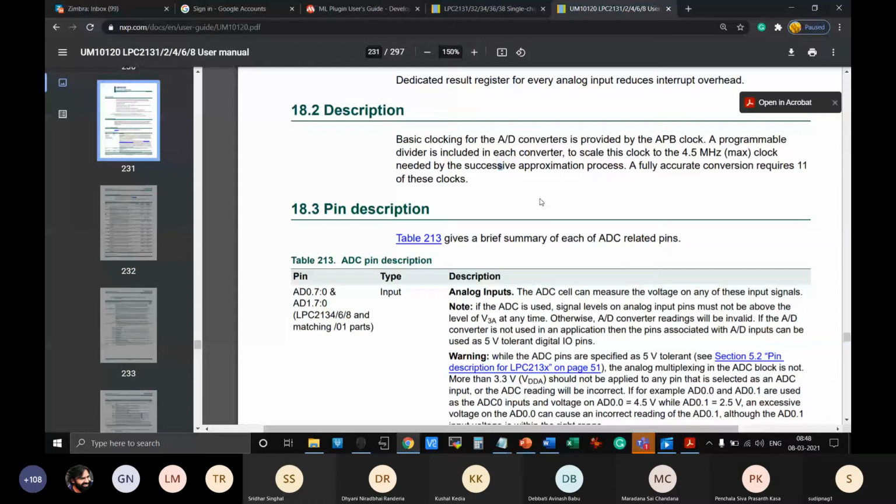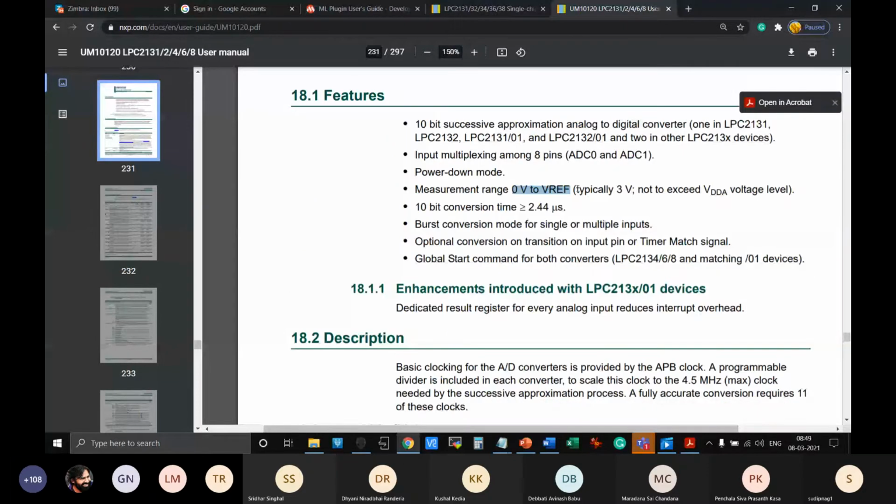So this ADC, we are looking at the ADC of LPC2138, and we discussed that there are two ADCs with certain features, and we have to set the features of this ADC. Now in microcontrollers, hardware features like selection of VREF or the speed of conversion or sampling rate are all configured by means of registers. And there are special function registers dedicated to ADC operation, and those ADC SFRs must be considered for your particular purpose.